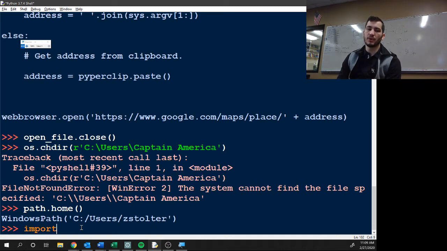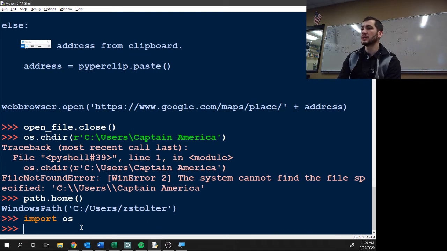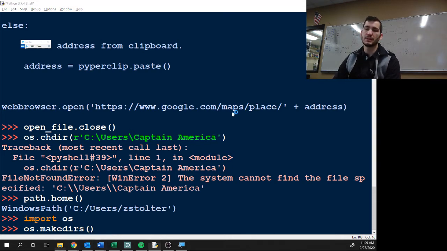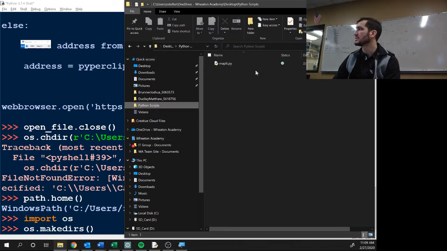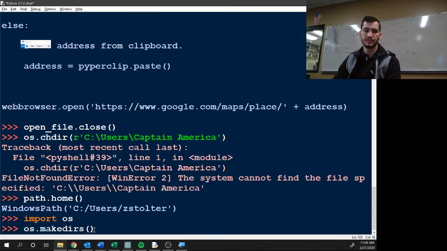After we've imported os, which we've already done, it's very easy. os.makedirs, and then you give it the file location where you want the folder to be created. So what I'm going to do is open up my Python scripts folder, and I want to make folders in here as an example for you guys. So I'm going to copy